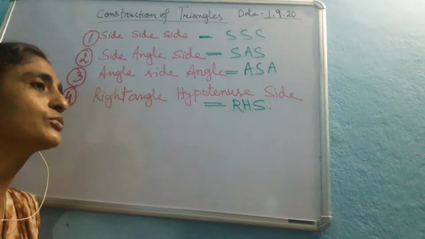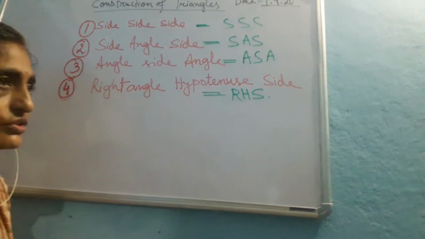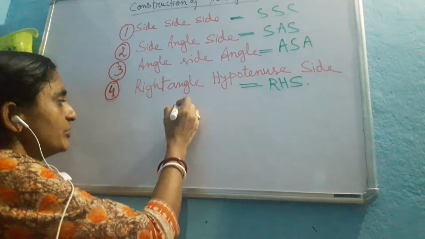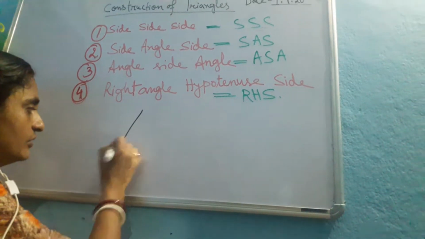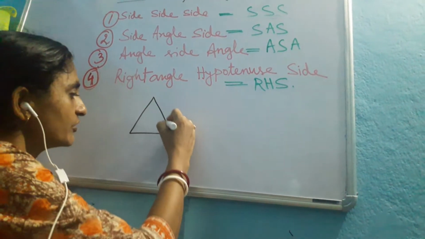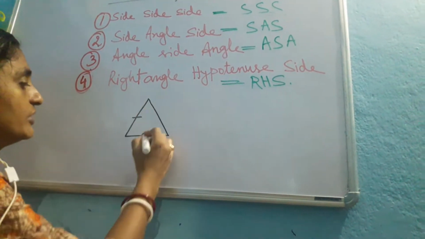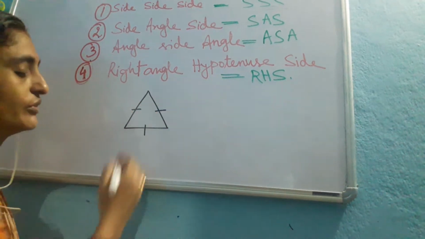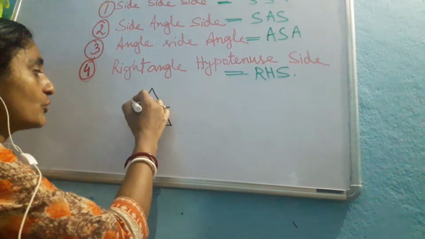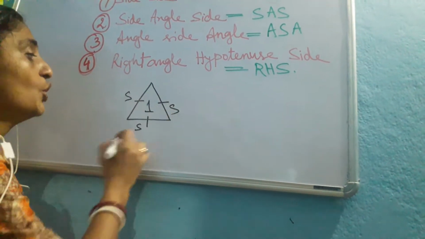Okay, now let's come to the discussion how you can draw a triangle by three given sides. Okay, suppose you have three sides given. That means length of AB has been given, BC has been given, and CA also has been given. That means if these three lengths have been given, three sides have been given, that means you will get the triangle. So which criterion you are following in this case? Side, side, side. This is the criterion 1.